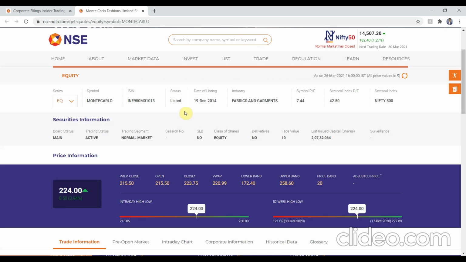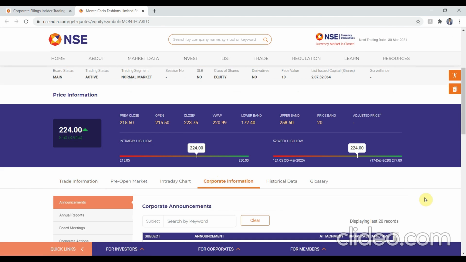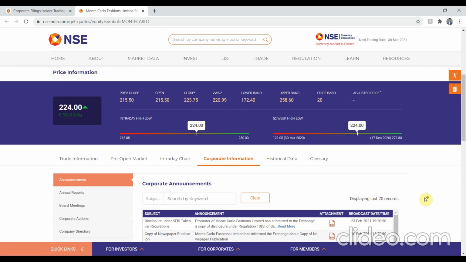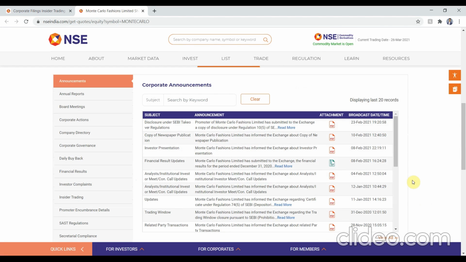Once we have done that, scroll down a little bit and look for corporate information. This is a tab where we will get all the data points that we require to do our analysis. Now, we would apply 4 filters. 3 of them are mandatory filters and the 4th one is an optional one. The first filter would be on the latest shareholding of promoters. It should be greater than or equal to 50%. If the stock has greater than or equal to 50%, then it passes the filter.